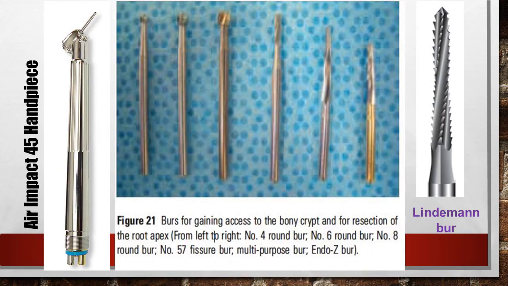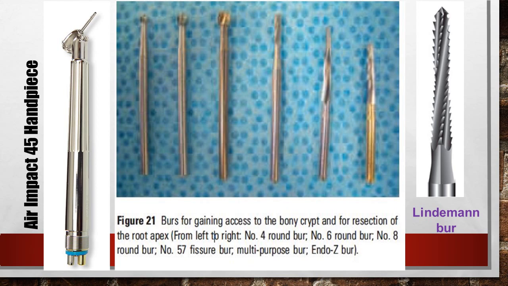Coming to the handpieces, obviously we cannot use the normal handpieces which we use in our restorative dentistry because of the size, and also we would like a deeper contra angle so that you can gain better access to the root end. So you have to use a micro head or a mini head. You can see the design of the handpiece on the left, and you can also see that a contra angle is used. The angulated head is going to help you reach the root tip for the resection purpose.